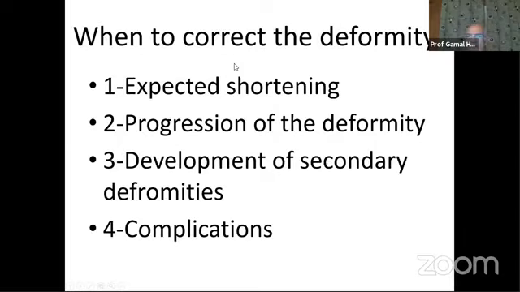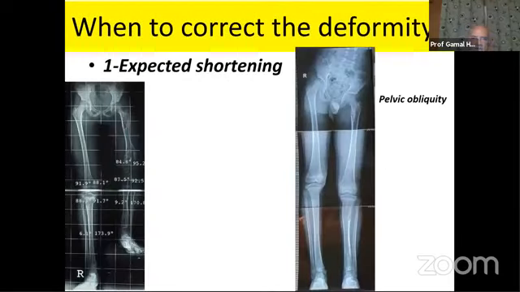When to correct the deformity if you have a benign tumor? You have to think about the expected shortening, the progression of the deformity, the development of secondary deformities, and the complications. So you have many parameters you have to think about before deciding to treat the deformity. The first one, the expected shortening. Remember that